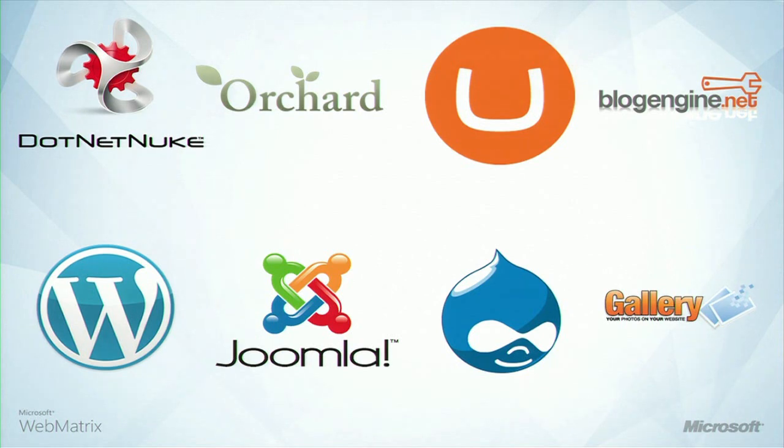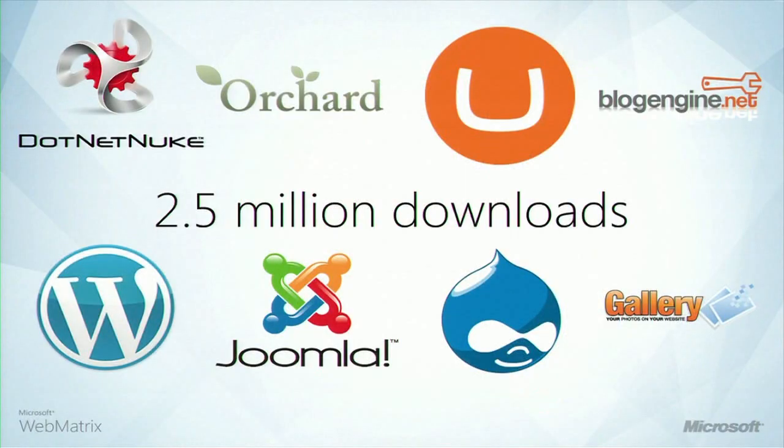We've got close to 40 applications representing the top PHP and ASP.NET open source projects in the world. And this has been up for 18 months, and you've been able to install applications with the Web Platform Installer. And in fact, we've had 2.5 million installs from the Web Application Installer. But we're going to make that even easier with Web Matrix to download, install, and edit, customize, and publish an existing open source application. But to show you how that's done, please help me welcome to the stage .NET Nuke with Sean Walker and Joe Brinkman.